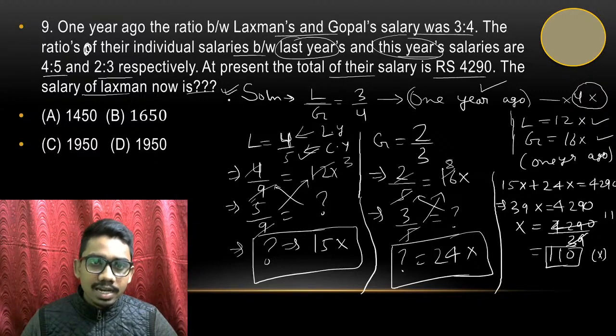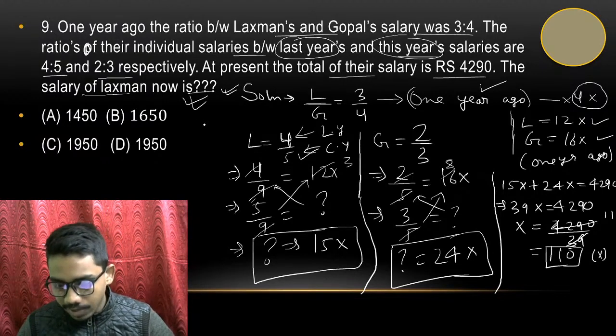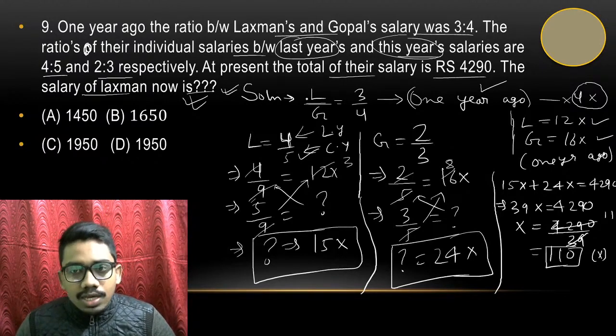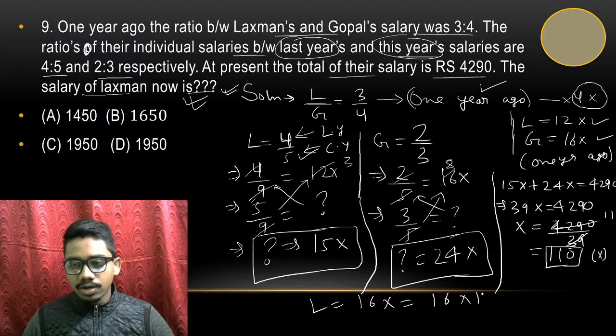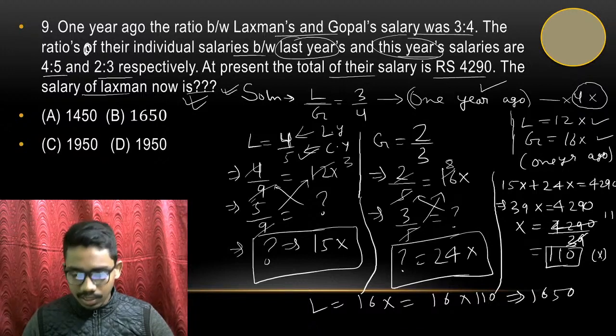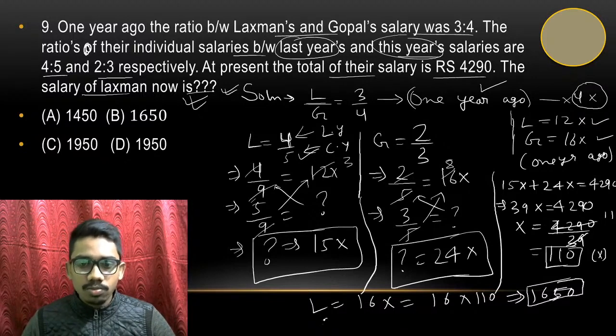at present the salary of Lakshman now, so salary of Lakshman now, you have to find the salary of Lakshman now, ये आप कैसे find करेंगे, ठीक है। so देखिए सैलरी ऑफ लक्ष्मण नाउ, सो कहीं जगह है करने के लिए, यस जगह तो है। तो देखिए लक्ष्मण का हमने क्या माना था 16x, सो 16x अगर है तो 16 into 110 इफ यू विल डू, यू विल गेट 1650, ठीक है। सो यू विल गेट व्हाट 1650 rupees। and in case of, if you want to calculate the salary of Gopal, you will get how much, you will get it as,